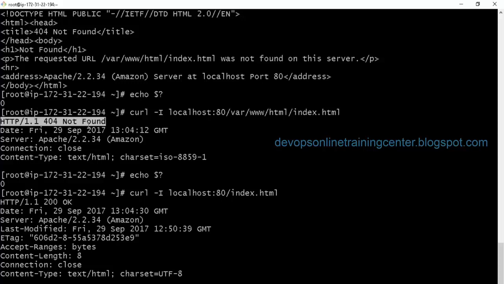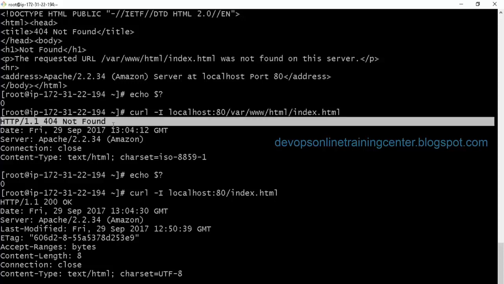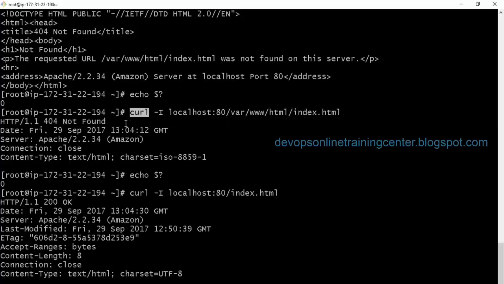For HTTP, I think it's just accessing the file, so maybe it's not the whole command. Maybe that's why it's giving the same. So maybe it tries an HTTP request, which we can simulate using the curl command. So the load balancer tries to make an HTTP call to the instance, and based on the return code, if it is 200 OK, it means that the instance is healthy. If it is anything other than that, 404 indicates that the instance is unhealthy, and it will stop sending requests to the service.